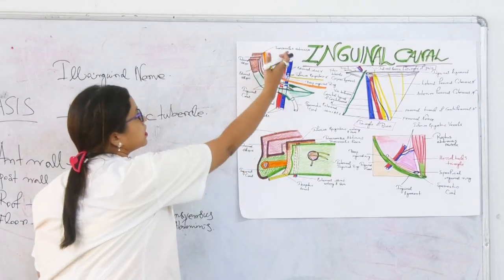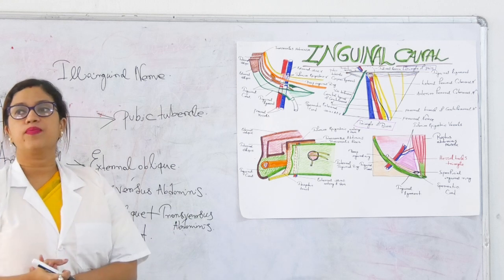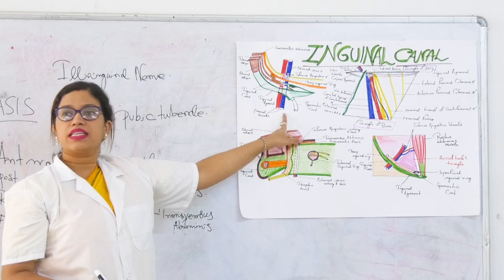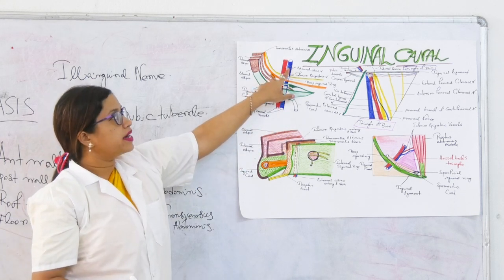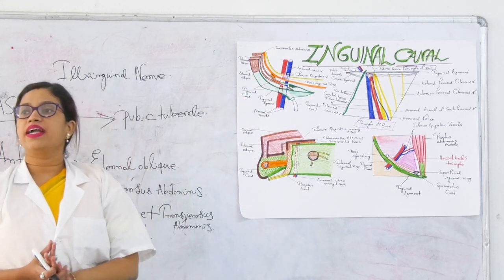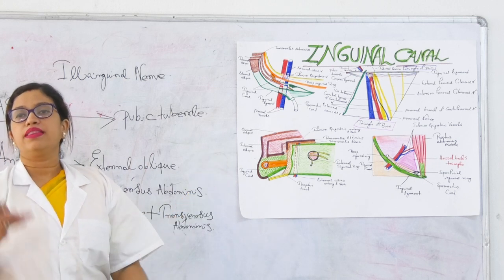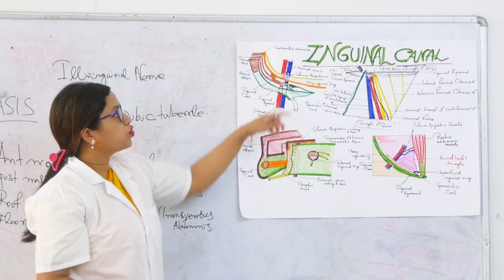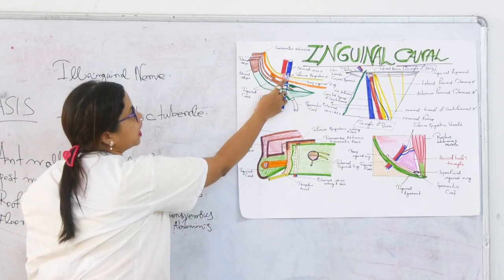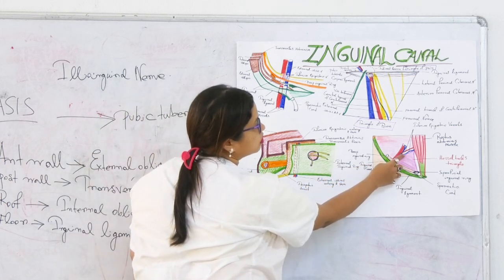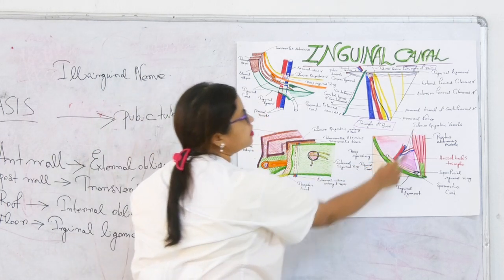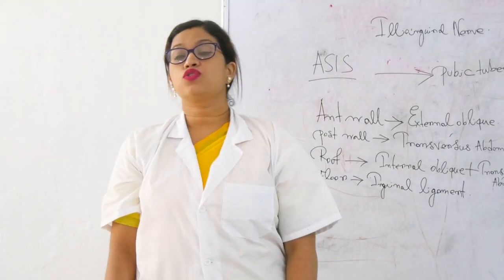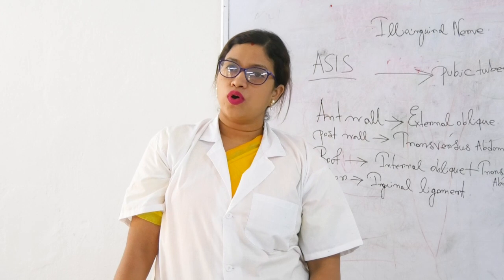What are these two structures that are running through? What is this artery and vein? These are the femoral vessels. And what is this artery? These are the external iliac artery and vein. These are coming from where? The abdominal aorta and inferior vena cava. Okay, these two are coming. So you could see this minute small artery, here also you could see. So what is this artery? These are the inferior epigastric vessels. These things they used to ask so many times in MCQ. So write it down.